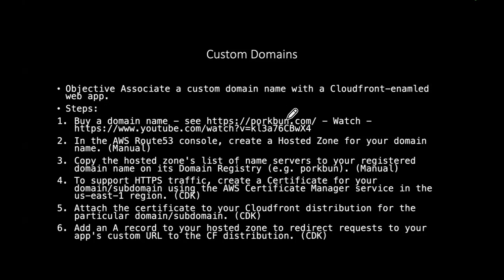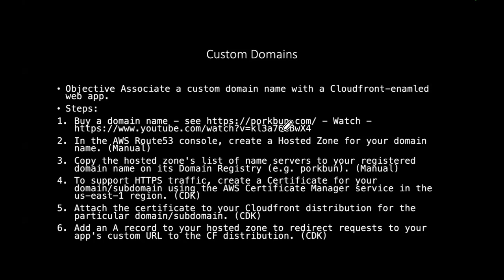domain name using some other service. I bought my domain name with the AWS service itself, but it certainly wouldn't be the cheapest. Maybe it's $8 rather than $5 or $6. But if you haven't already bought a domain name and you're interested in following through on this, the porkbun.com platform sells domain names very cheaply, and it's legitimate. I'm also giving you a link to a video that steps you through buying